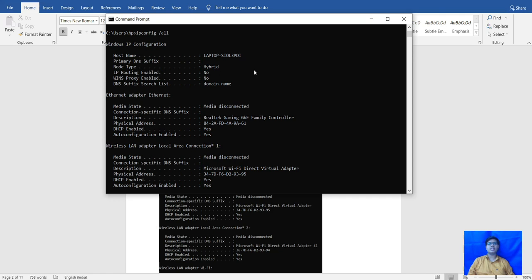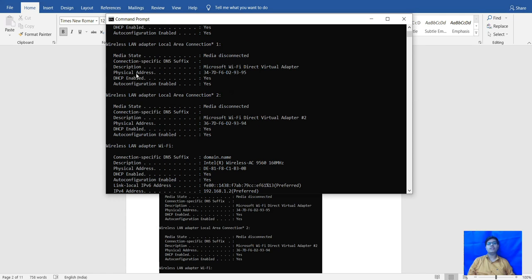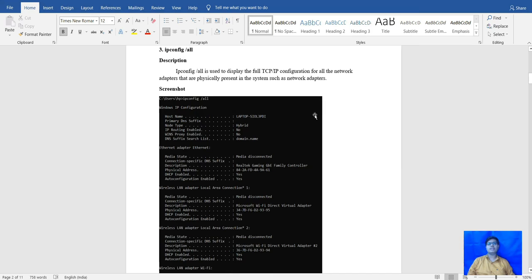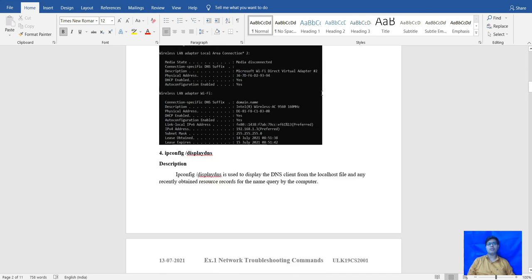So this command is used to check all the configuration of Ethernet adapters or Wi-Fi LANs, the Ethernet adapter NIC card. This command will show all the adapters present in your computer or laptop.